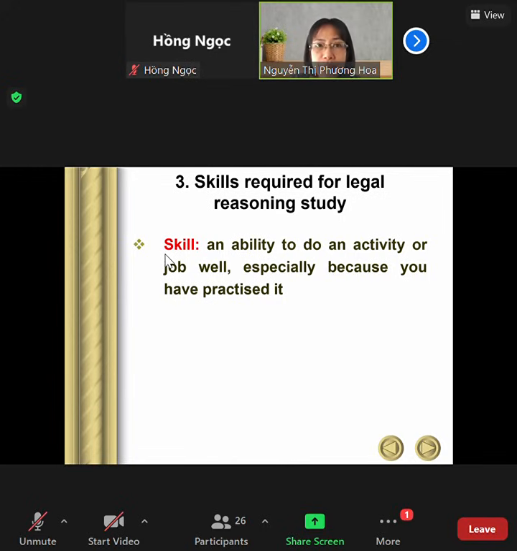Can you swim? If previously you didn't do any swimming, can you swim? No. I suppose that you will sink in the water because you didn't practice before. You have a lot of knowledge of how the frog swims, but you cannot do the same as the others in swimming. So you see, skill is different from knowledge. You have a lot of knowledge, but you cannot do it.